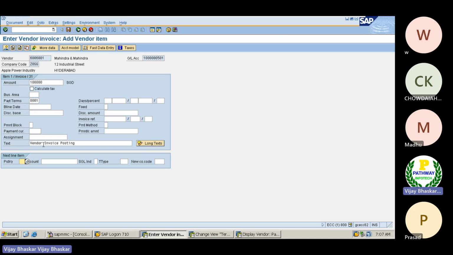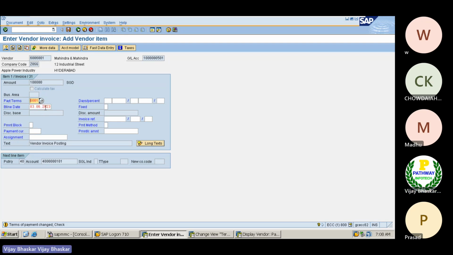Then there is an option, you can make changes at the time of document posting. Then the third one would be, let me see now. The terms of payment has been changed here. How should the system know the 3rd of June?